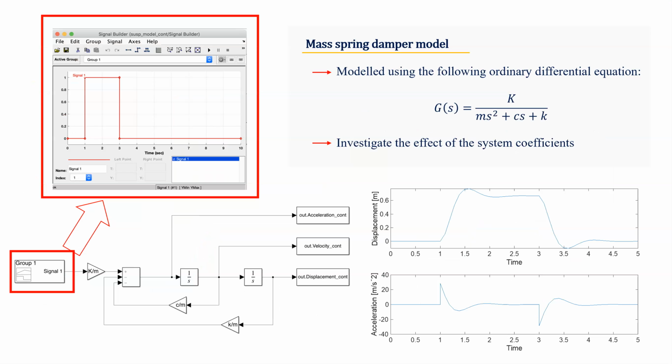Hello and welcome back. What I'm going to talk about in this video is the simulation initially of a mass spring damper model that you can see here by this second order transfer function, where m is the mass, c is the damping and k is the stiffness. And then I'll move on to the next few slides where I'll talk about the introduction of a discrete time